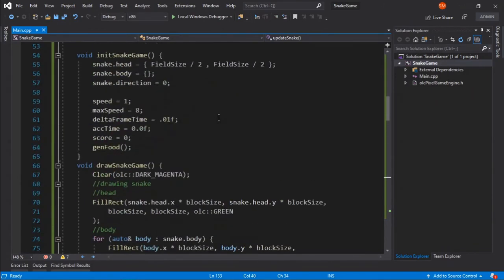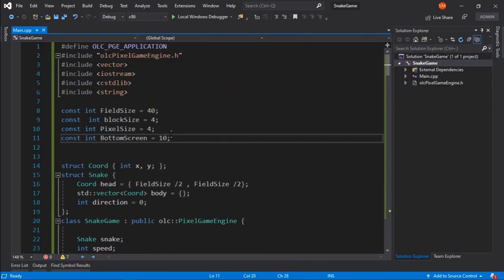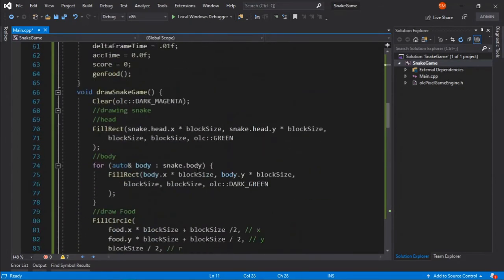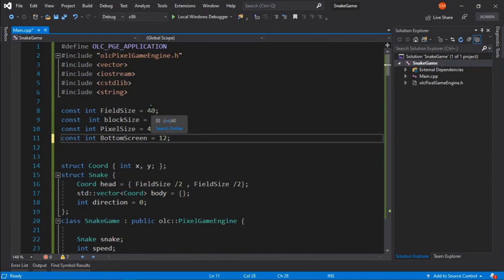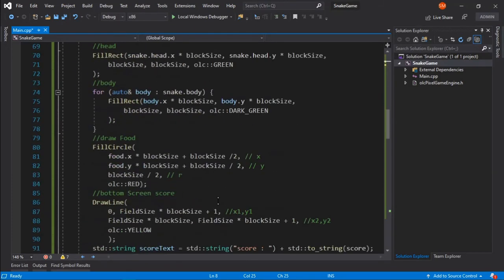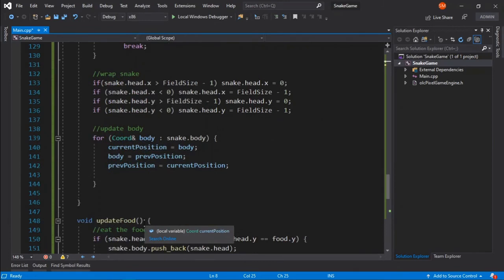And also, what I want to do apart from that is set this bottom screen size to 12, and also reduce this to something like 36. Okay, just to make this thing look a little clearer, because the score is overlapping with the line. That's the reason.